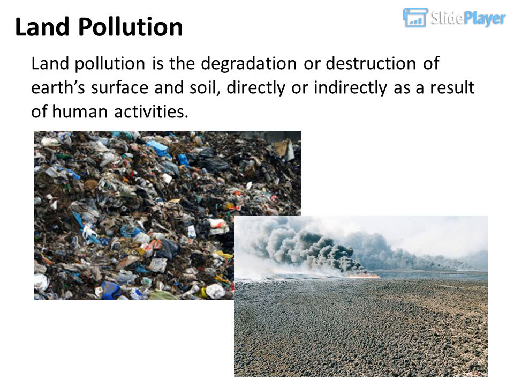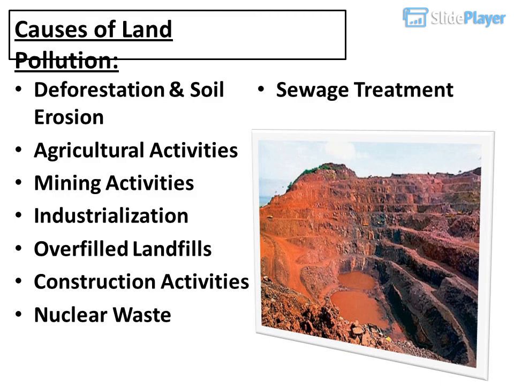Land pollution. Land pollution is the degradation or destruction of Earth's surface and soil, directly or indirectly as a result of human activities. Causes of land pollution: deforestation and soil erosion, sewage treatment, agricultural activities, mining activities,